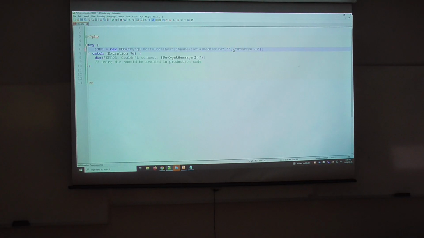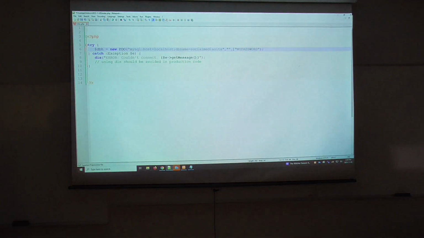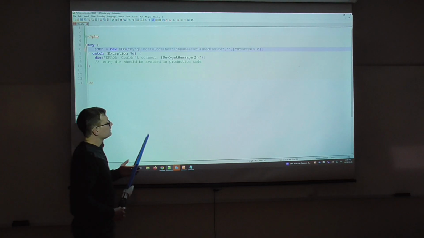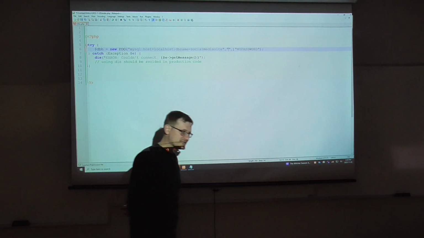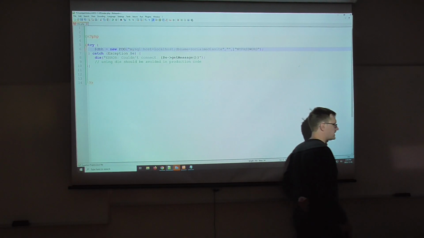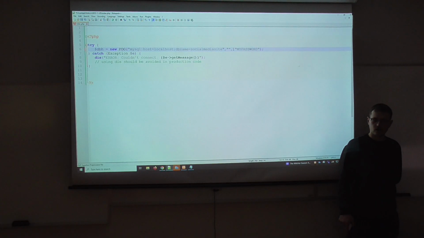On CS Unix, the username will be your CS Unix username. Your password is located in your home directory on CS Unix. I'll show you how to get that later. But when you're connecting to XAMPP, your username is root, R-O-O-T, all lowercase, and your password is an empty string,